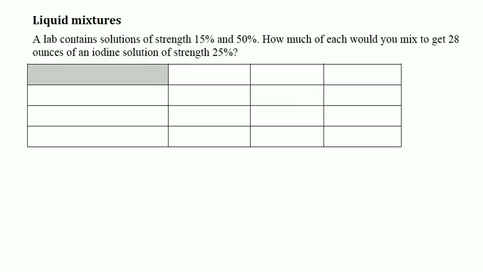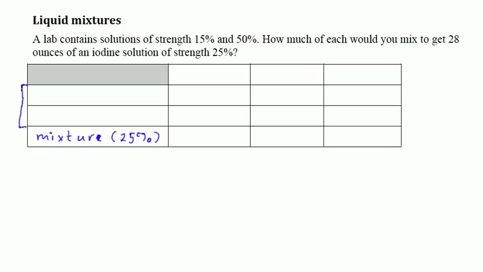Liquid mixtures. A lab contains solutions of strength 15% and 50%. How much of each would you mix to get 28 ounces of an iodine solution of strength 25%? So just like in the previous mixture problem, I'm going to put the components of the mixture first and the mixture at the bottom. My mixture is of strength 25%,